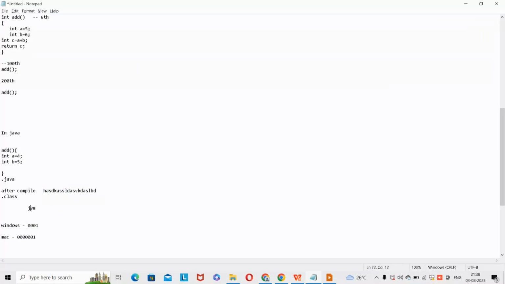If I am connected to a Mac system, what is JVM going to do? JVM is going to convert this set of code into 0001... sorry, not 0001, I don't want to write longer. So 01 and 0001. Windows will understand 0001 and Mac will understand 01. Just an assumption. So if I connect to Windows, your JVM will convert this code into 0001. If I connect to a Mac system, your JVM is going to convert this code into 01,